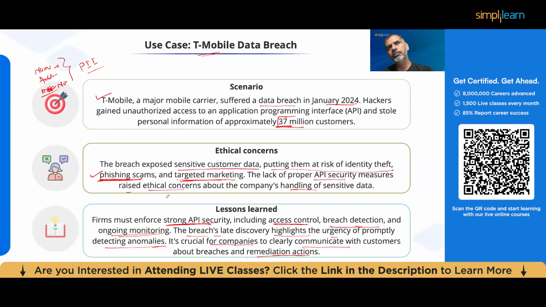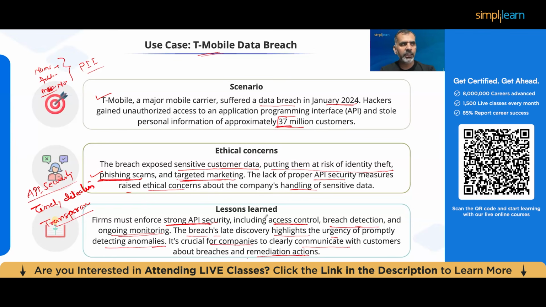That's very theoretical, I guess. Whenever we talk about these incidents, we take lessons from them and try to address the issues. So here we talk about API security, which is important. The second is timely detection, so we should have a method. And third, we have to make things transparent, to make your customers aware of these kinds of breaches and how you are going to address them, the remediation actions and all this. Any questions here? Any other scenarios coming to your mind?